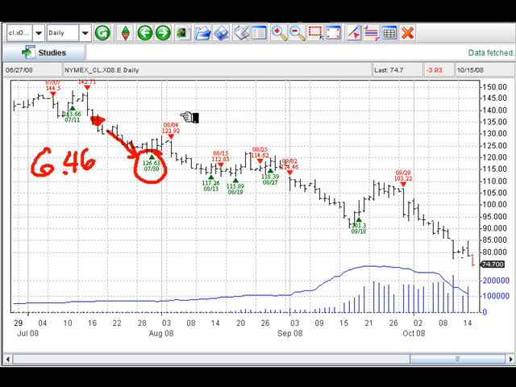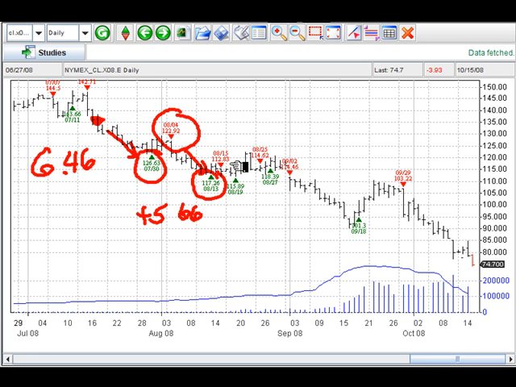Okay, we went short again on August 4th at 122.92, and we covered that position at 117.26. Now a green arrow is obviously a buy or a cover. In this case it's a cover because the trend is down. That produced a profit of